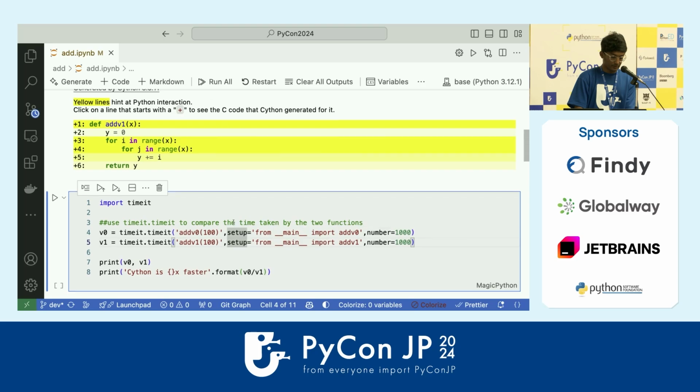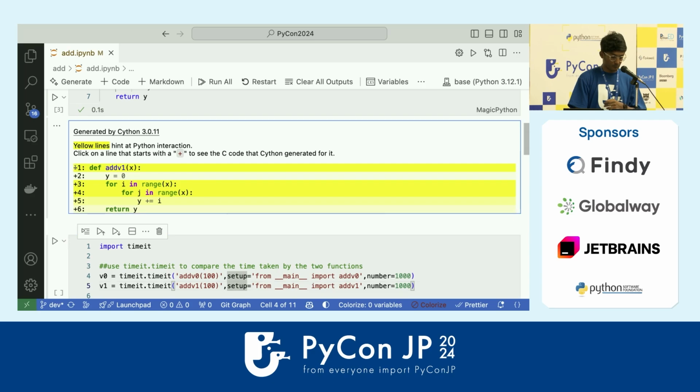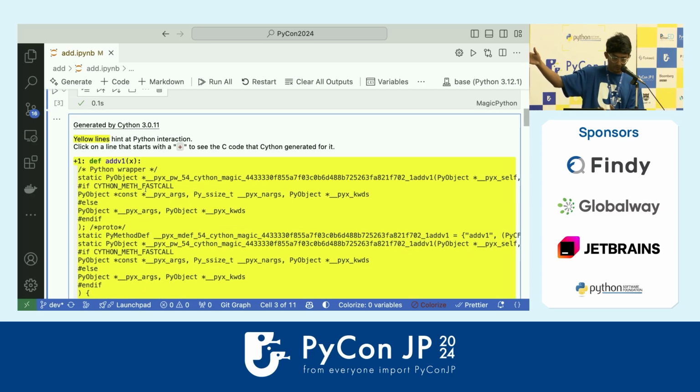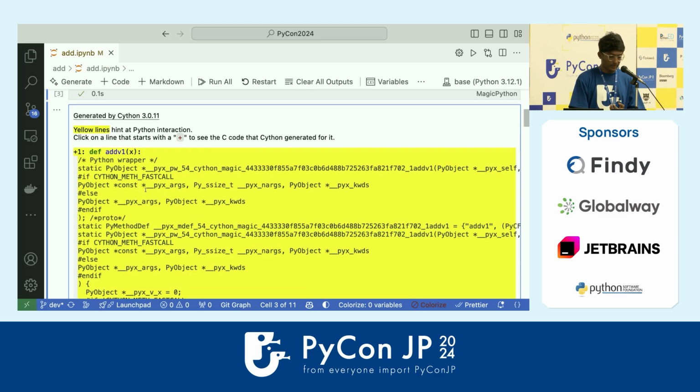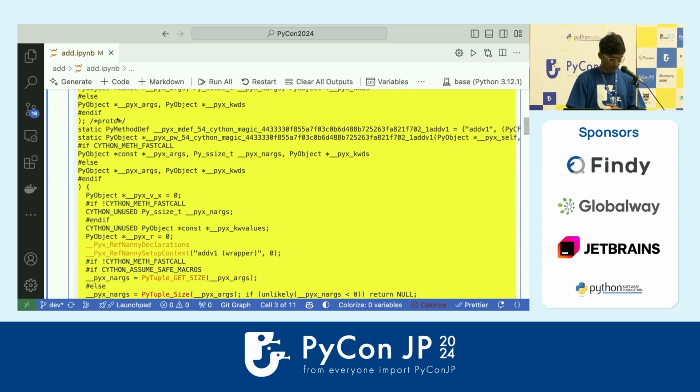Okay, and once we compile it, the good thing is we get a very good output, wherein you can see there are yellow lines, right? These yellow lines mention all the Python interactions which we do in Cython, which makes the code slower. You can also try to read all these Python interactions. It's a lot more gibberish, but once you try reading it, you can see there are a lot of object initializations and a lot of if statements, and we'll slowly try to understand what it says.